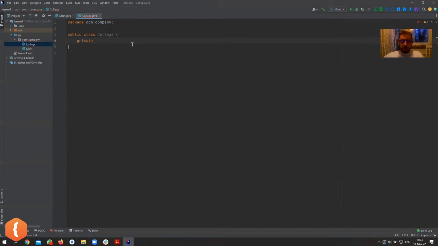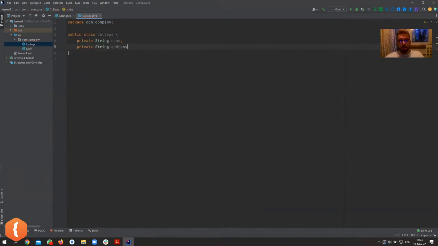So that's called abstraction. You need to abstract which things are important for your particular use case and which things are not important. Of course, we're not going to save everything there is to save about a college, only the things that concern us at that point. So we can have something like name, and we can have something like